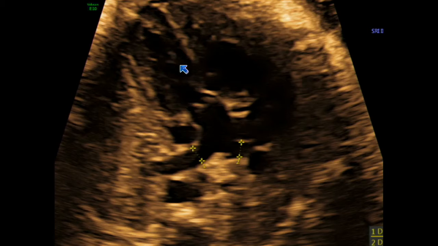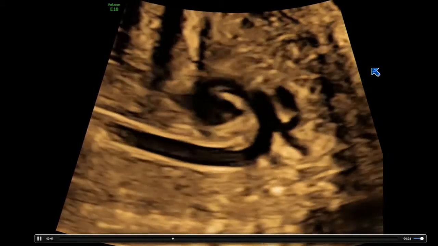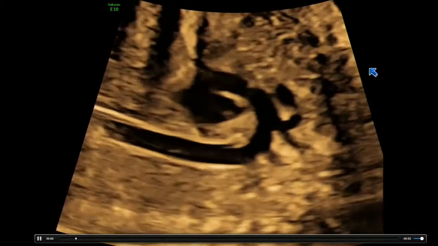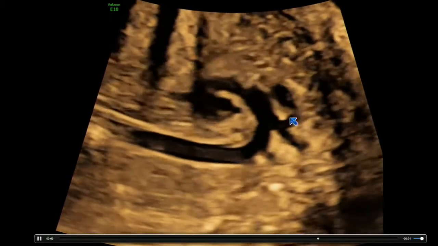Any left outflow tract that immediately curves back behind the left atrium should make you suspicious for a transposed pulmonary artery. And this is the left pulmonary artery. So again, train yourself to look for an aorta that comes out to about here before it comes back as a transverse arch. I also try to get the aorta in the longitudinal direction where you can see the head